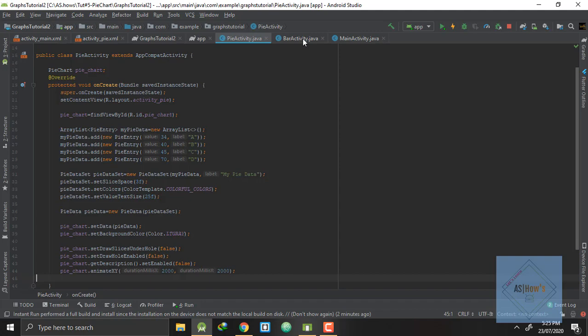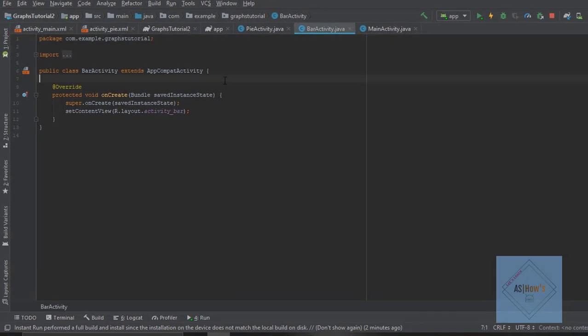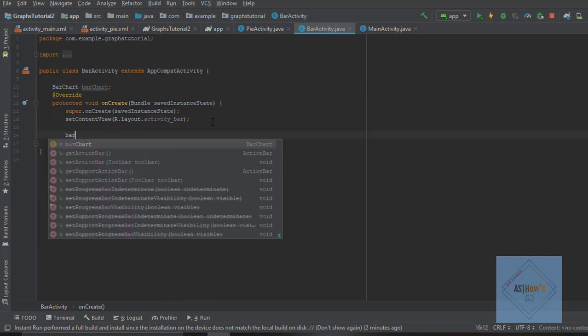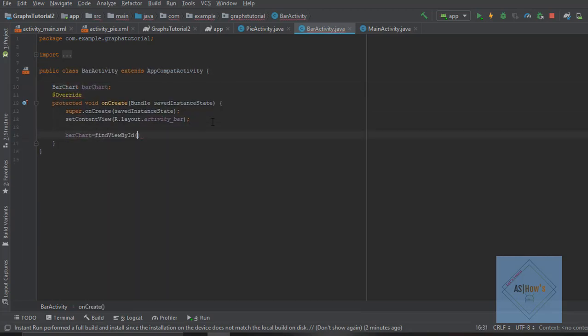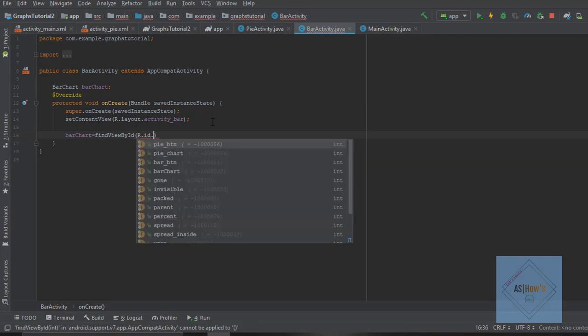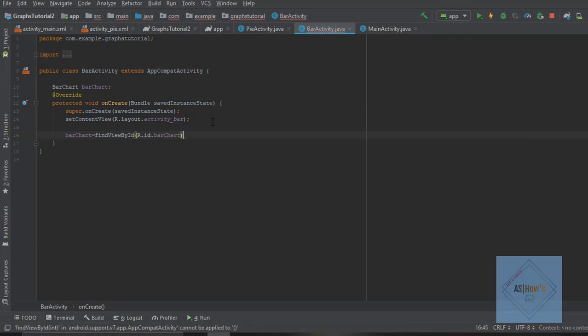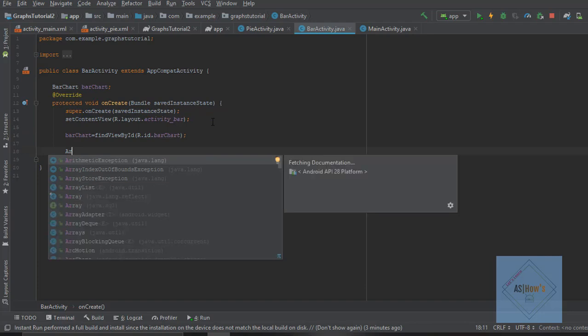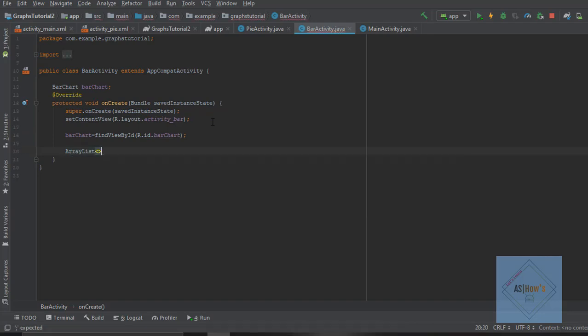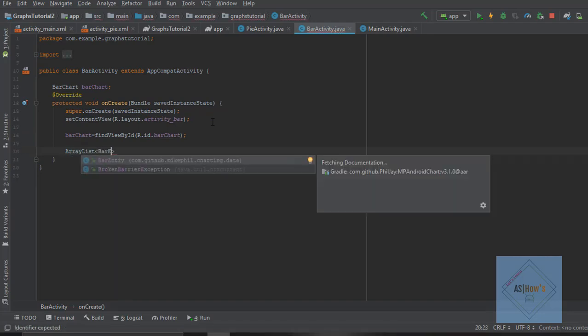We will go to BarActivity.java, and in here we will write BarChart barchart, and inside the onCreate function we will write barchart is equal to findViewById R.id.barchart. Here again we will create an array list, and it will be of type BarEntry.